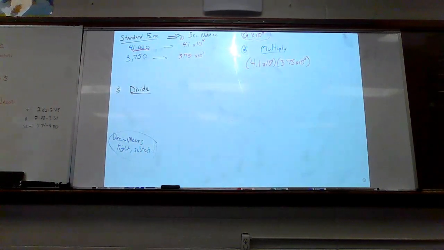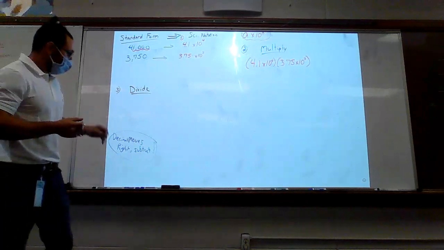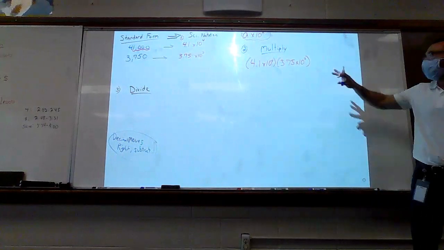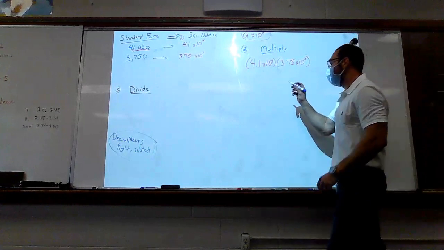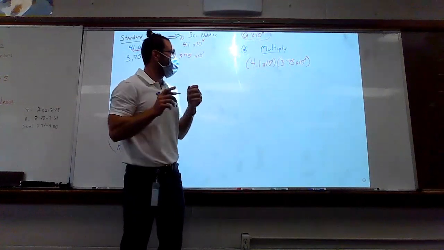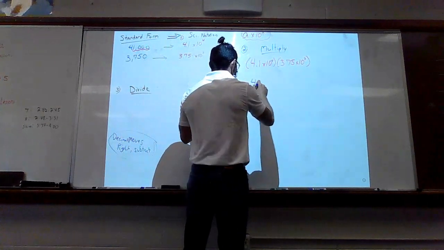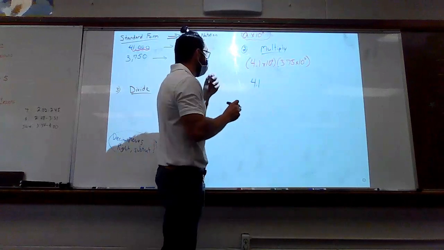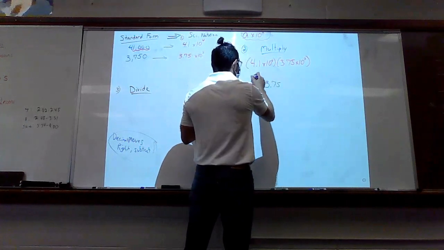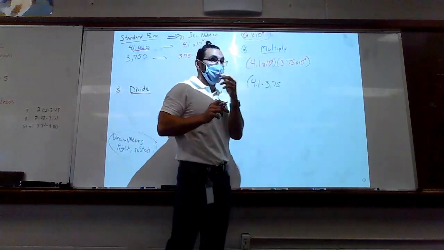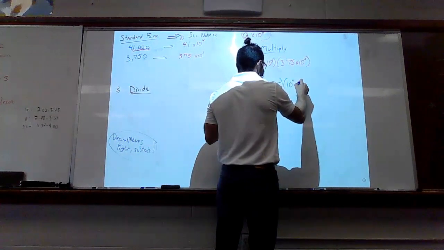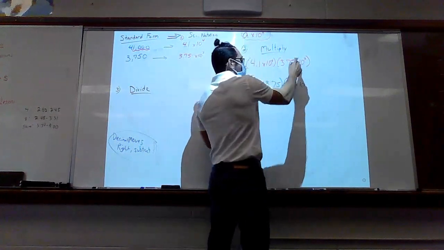Okay, by looking around, I'm seeing a lot of good work. Somebody, anybody, tell me how I'm going to group my multiplication. What things will I be multiplying in number 2? Jaden, I don't want your answer. I want you to tell me what we're grouping together to multiply. 4 and 1/10 times 3 and 75/100ths, and then for the second one I got 10 to the 4th power times 10 to the